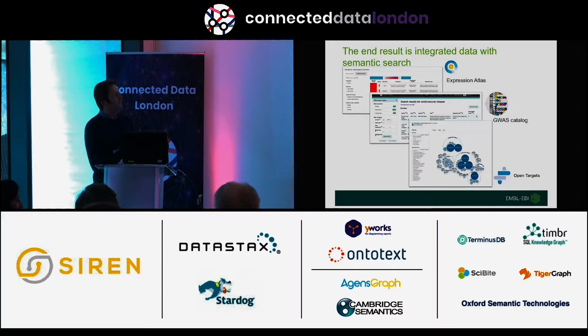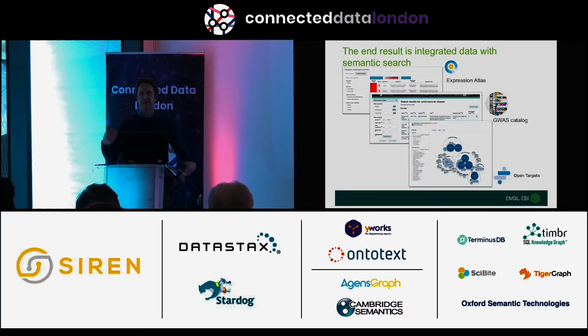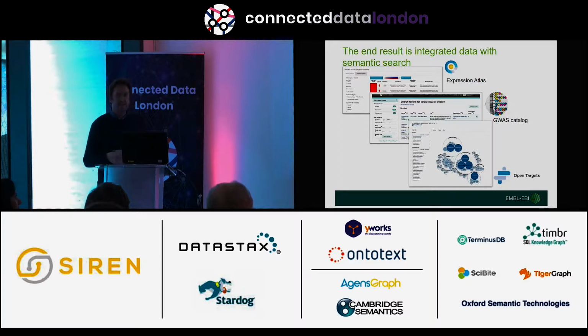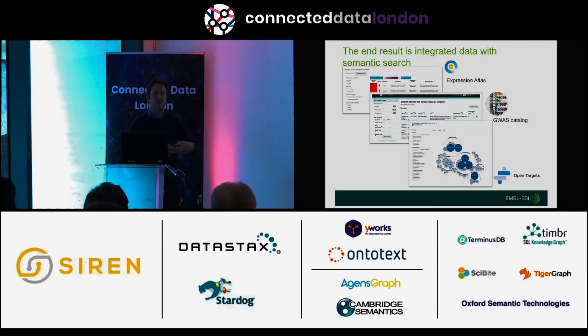So we've got the gene expression database. Just a few examples here. This is a place where you can search by gene and see how the gene is being expressed in different tissues and different species. And when you're doing a query, the ontologies are in the background, doing query expansion and aggregating data for the user. Similarly, in the GWAS catalog, you can search for cardiovascular disease, so you can search for general concepts, and again, the ontologies in the background are expanding this, bringing back relevant results.